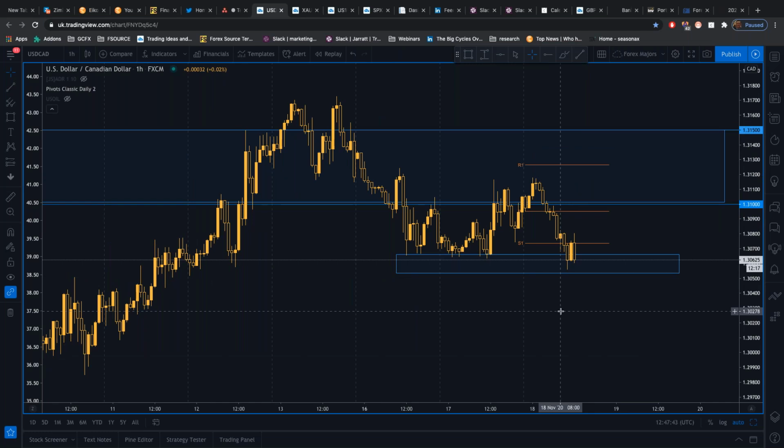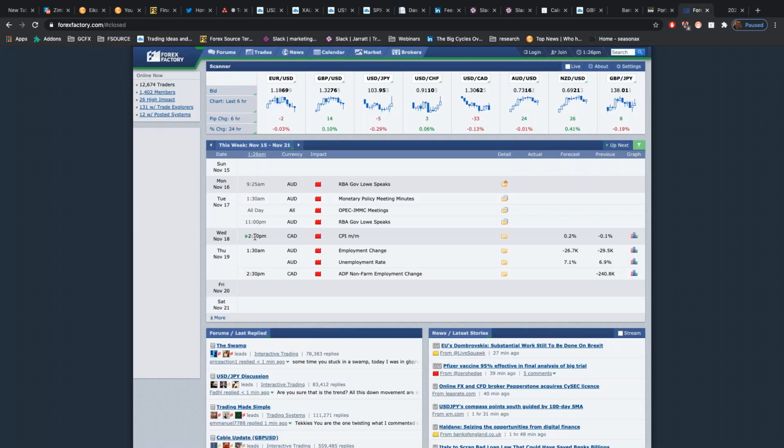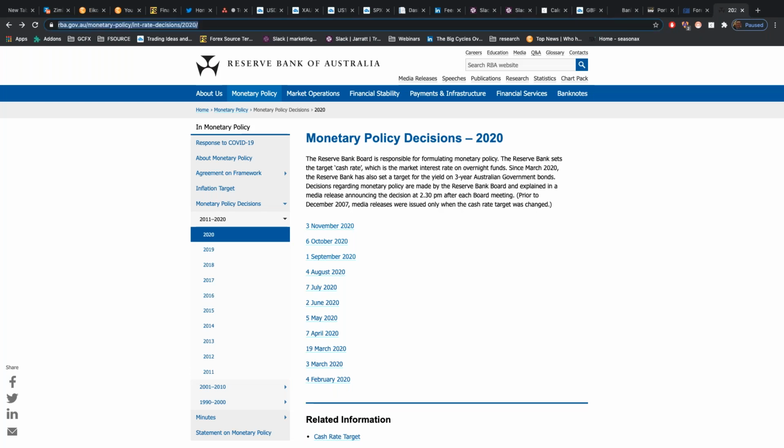currency pair, particularly as we're going into this CPI inflation data that's coming up at 2:30 my time, which is currently 12:45 just gone. So that's one to look at. Also looking out for employment data. Now, the Reserve Bank of Australia, if we just go over here, these are monetary policy decisions of the Reserve Bank of Australia. I'll also just send you the link